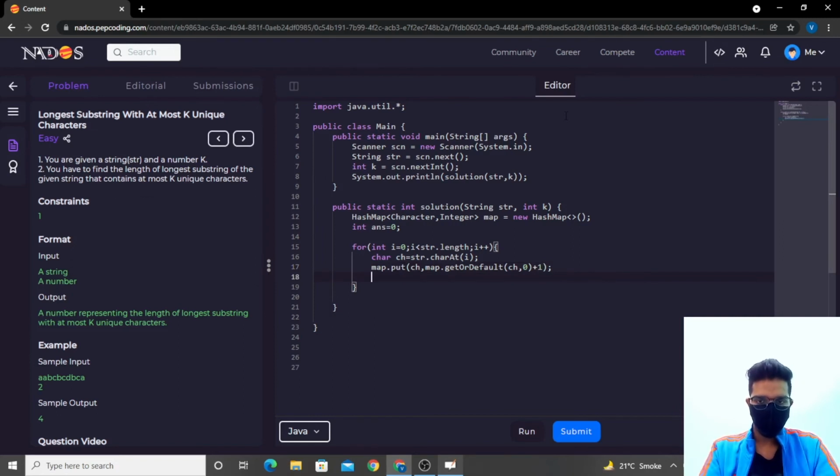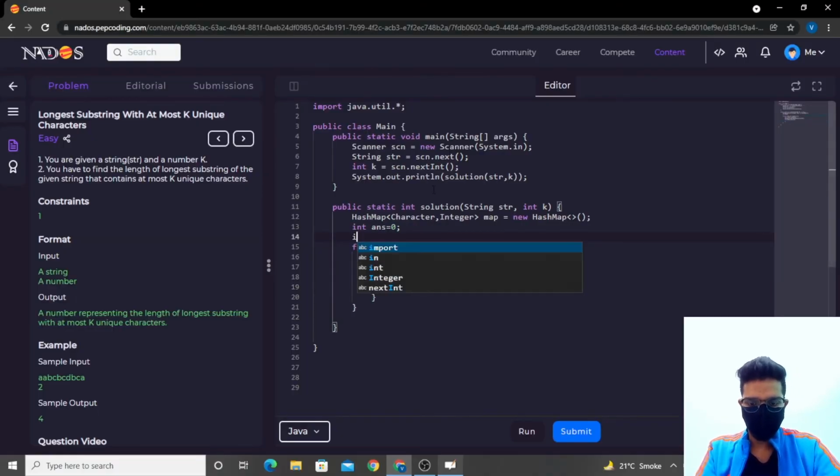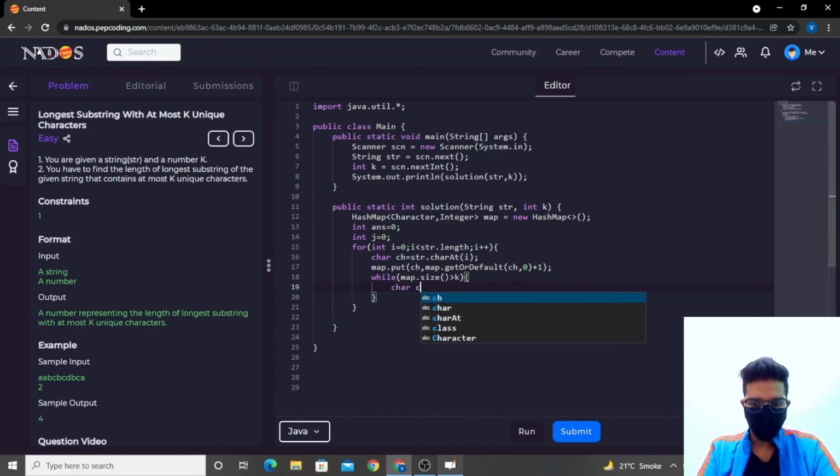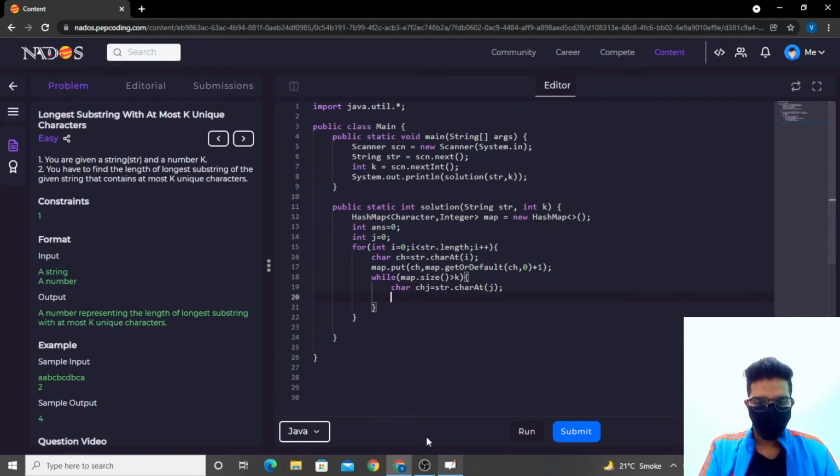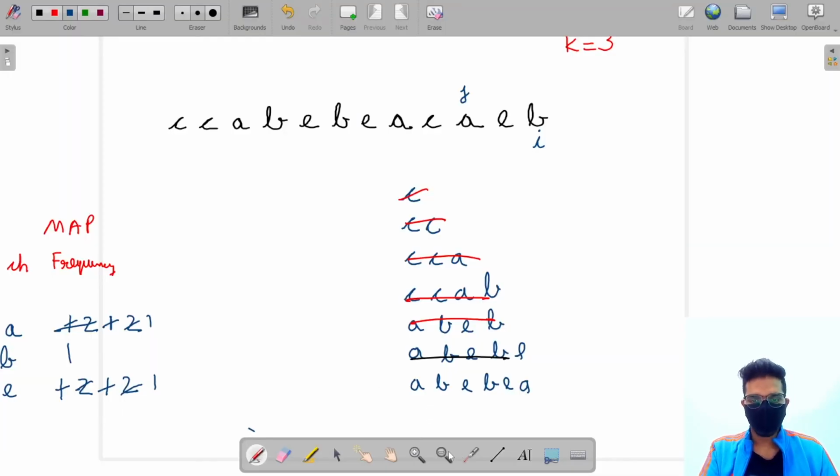Now we check if map.size is greater than k, because it is not supposed to be greater than k. If that's the case, then what we used to do is increment j. So for that we also need a j, so int j is equal to 0. We first extract the character at j. Now if the character is present in our map,